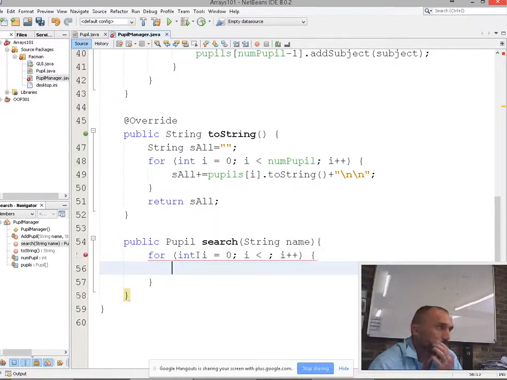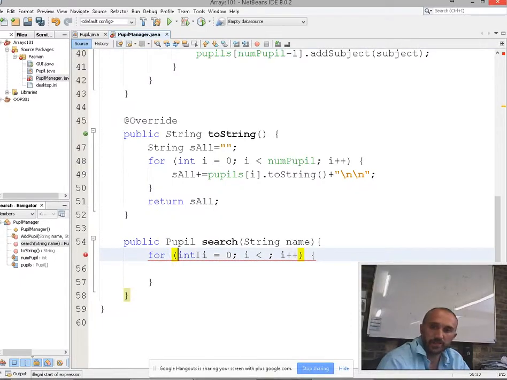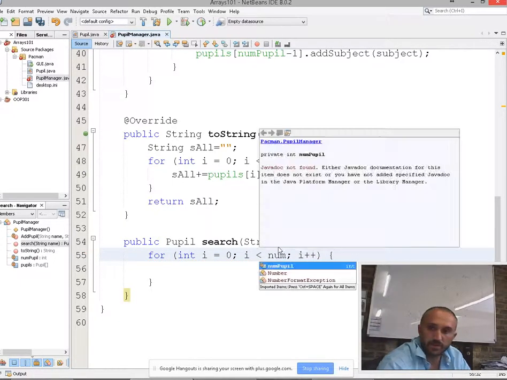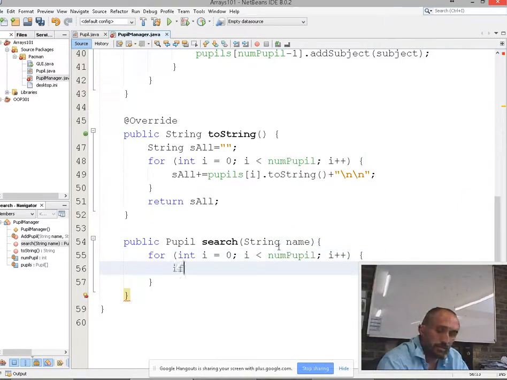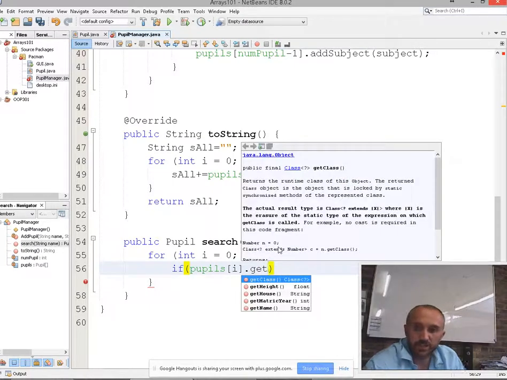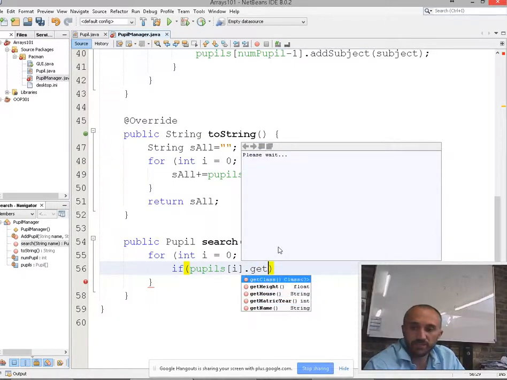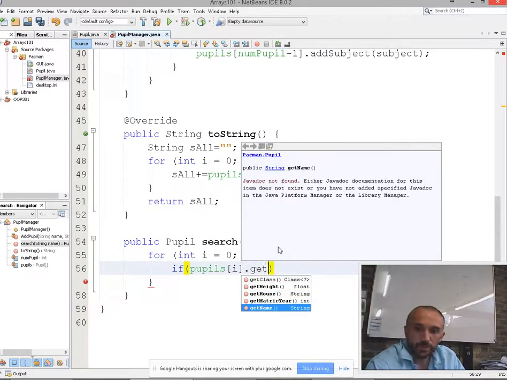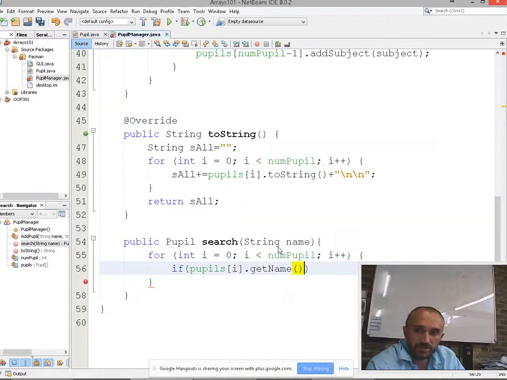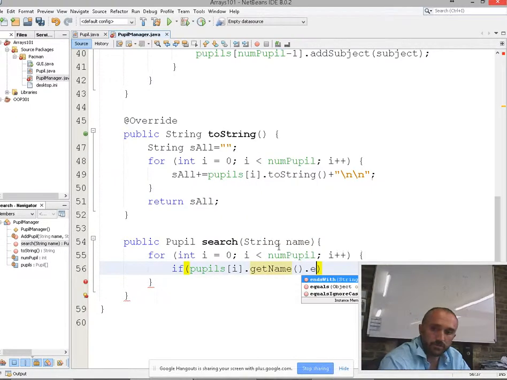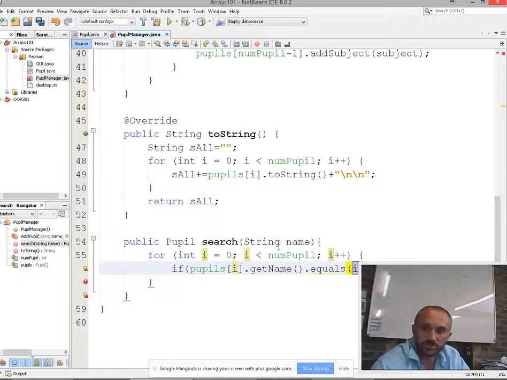Do you guys get that? Now, all we're going to do then is say, while i is less than numPupils, and then I'm going to say if pupils position i dot, so you have to receive the attribute which is applicable. Which attribute is applicable here? No, because this is a search for the name, right? So getName dot equals, and then we would want it to search